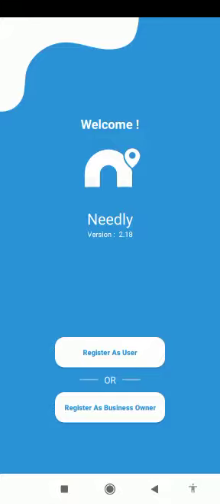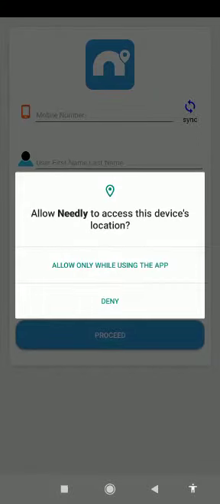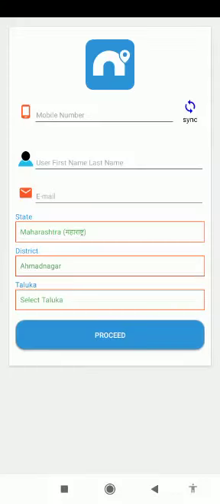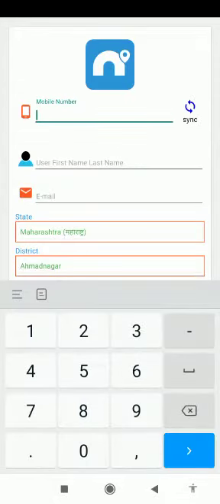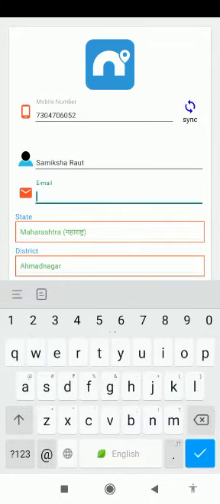in which I do registration as a user. Give some permission. Enter here mobile number. Enter your first name and last name. Enter your email ID.